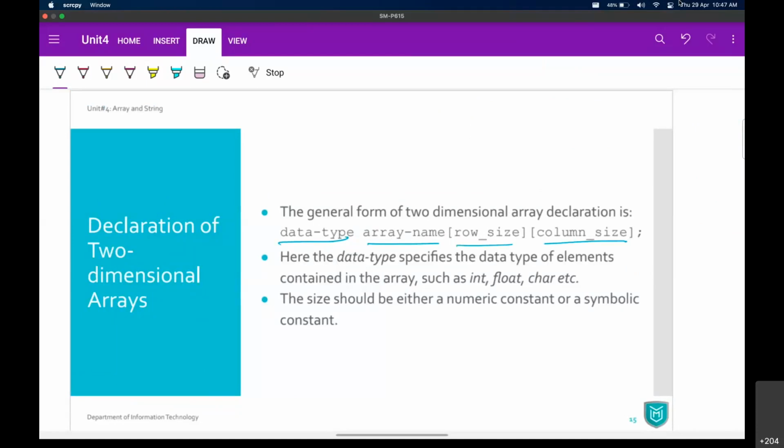The data type can be any data type. You can have a primitive data type also. Array itself is a derived data type. Arrays can be of other derived data types also, we'll see later, but right now the data type can be either integer, float, character, double, whatever we want. And the sizes must be a numeric constant or symbolic constant, we have discussed earlier.